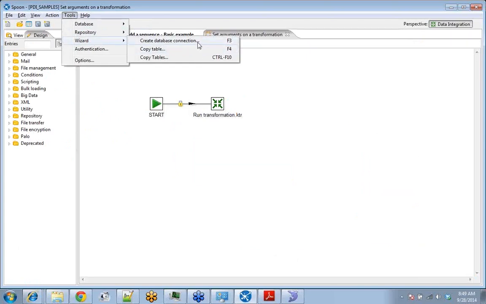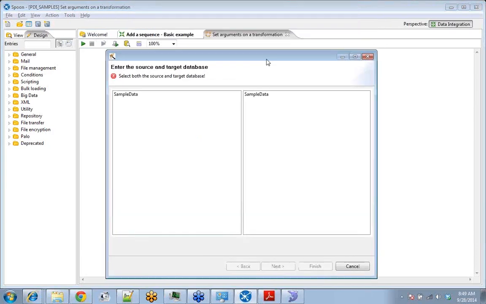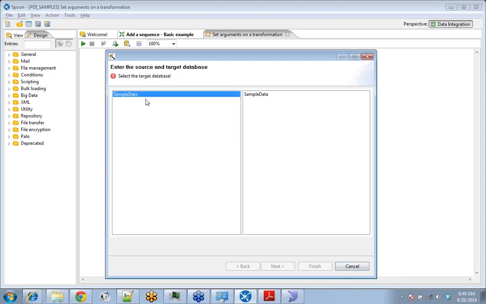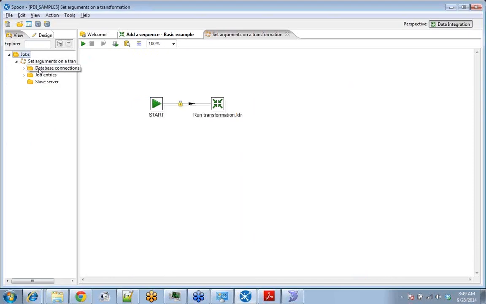So here you can see create database connections, copy tables. For illustration purpose, we will select copy tables. Now on the left side, okay, so we haven't configured a data source. So we'll have to do that, and for that, we can add, if you go in view,